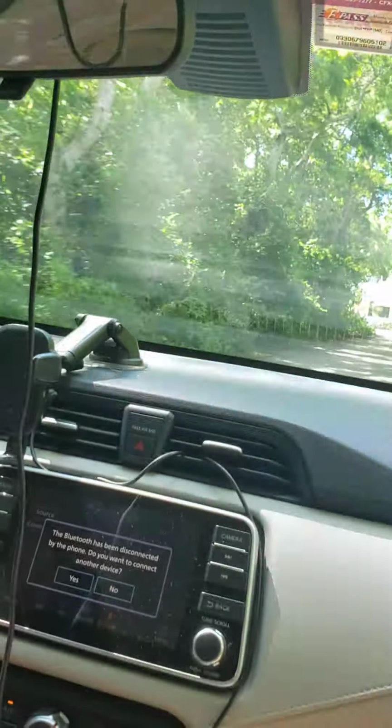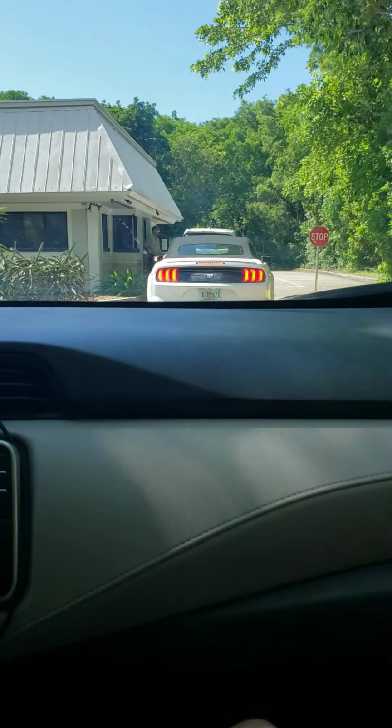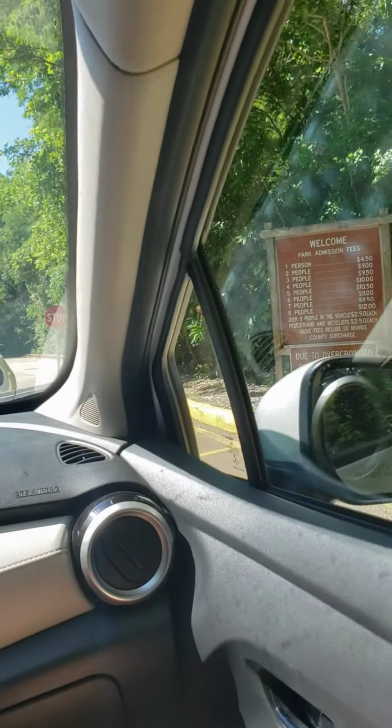I think we're paying about $35, $40 a person, which is very reasonable. Most other snorkeling shops want about double that. So we'll be doing this excursion today. It's $4.50 a person to get in for park admission,